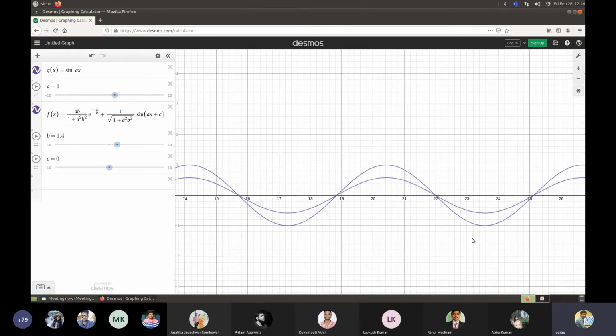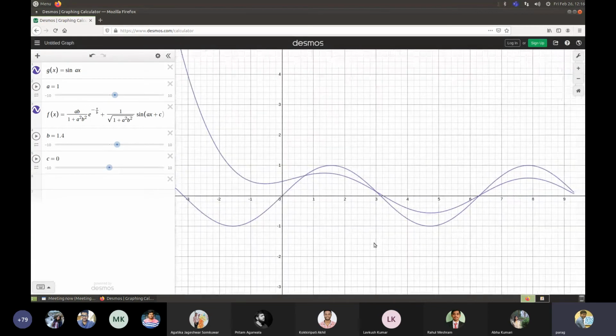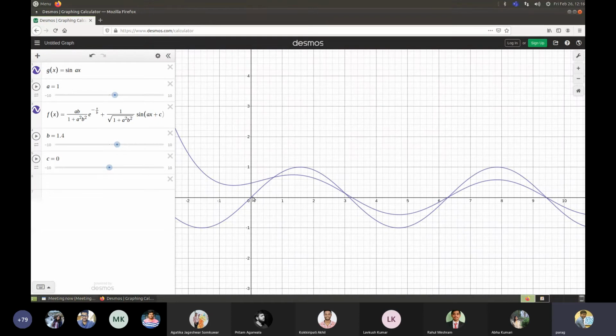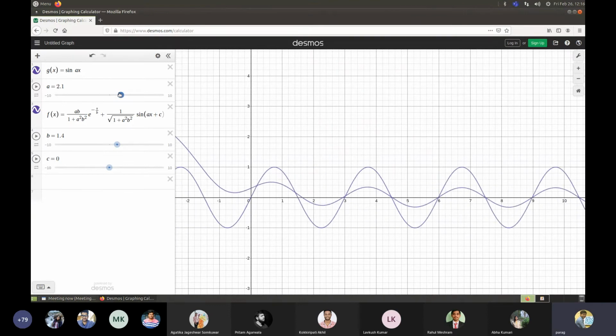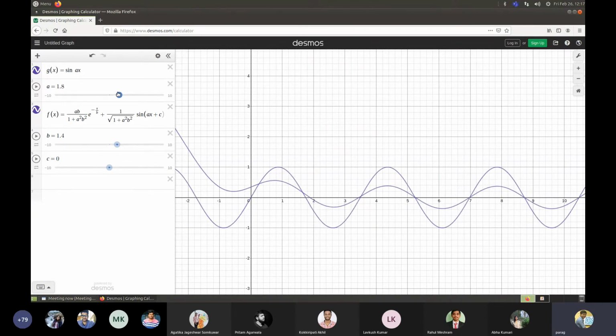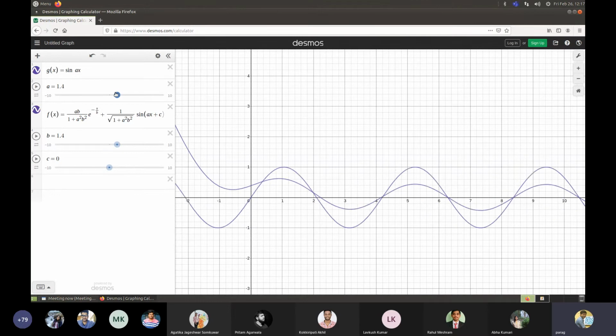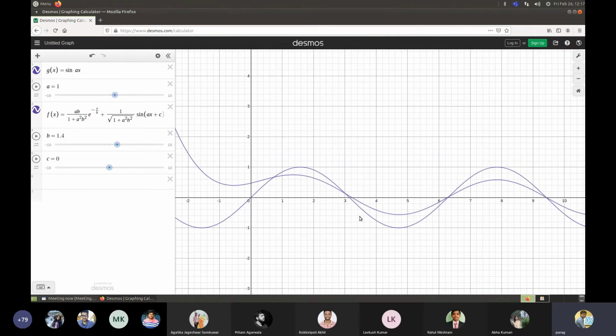But then what happens in the initial phases? Let's see in the initial phases. In the initial phases, they do not match, right? They match only later. Omega a was omega, so this just gives you the frequency. So let's not worry about that. But what about B? You see here, B changes completely the initial dynamics. B was the time constant, right? So what is the meaning of time constant?